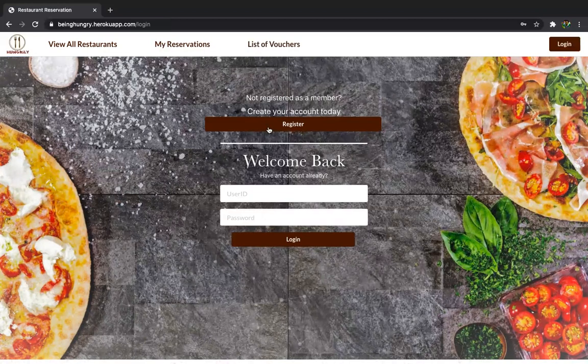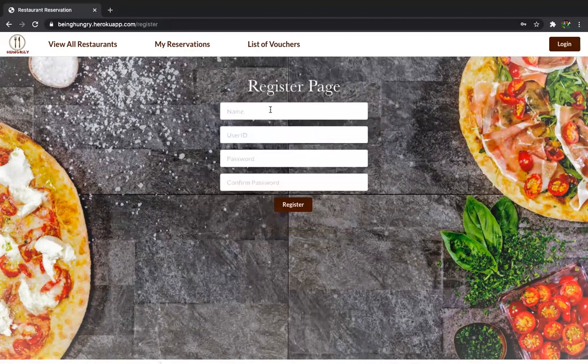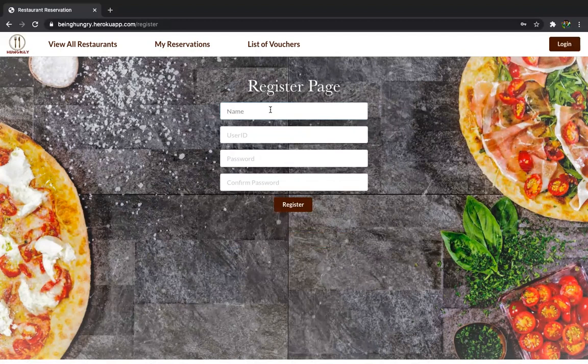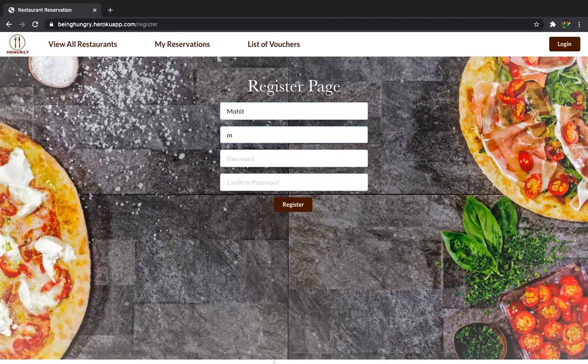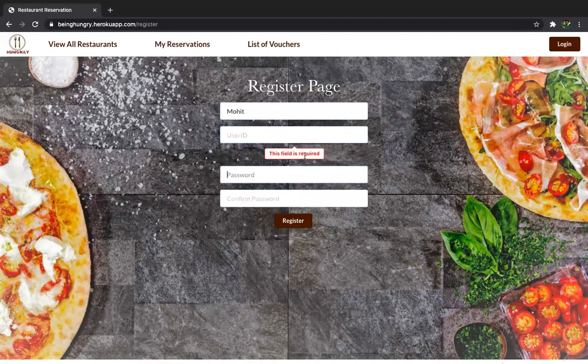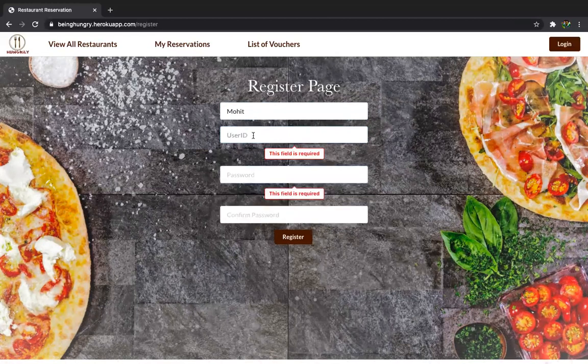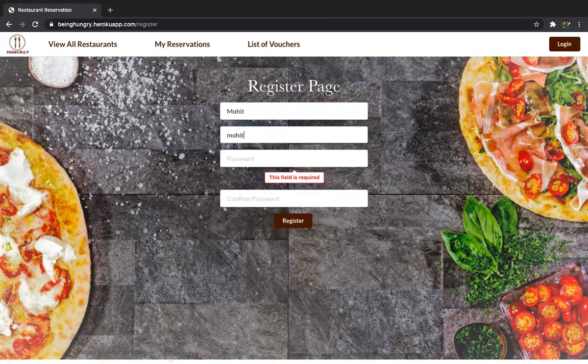In the register page, we can register here with a name. Suppose, Mohit, I'm using my personal name. Then for user ID, if I leave it unfilled, it will flash that this field is required. So I will give it the name Mohit.